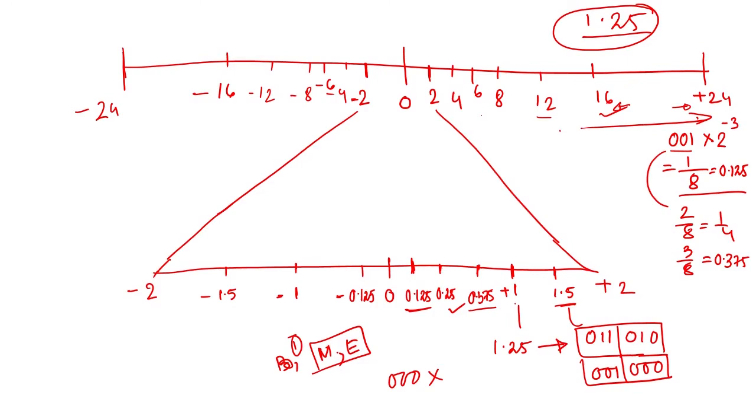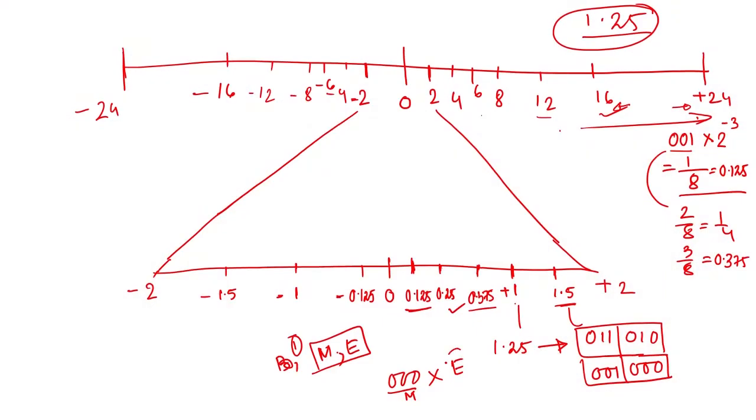For representing 0, we are using many combinations, because mantissa is 0, this is one combination, and E can be any combination, that is 3 bits. That means you can use any of the 2 to the power 3 combinations for representing the exponent. So, all those combinations, that is 2 to the power 3, that means 8 combinations, you are wasting for representing 0. So, there is a problem of representing 0, that we will see how to solve, and there is another issue called normalization.